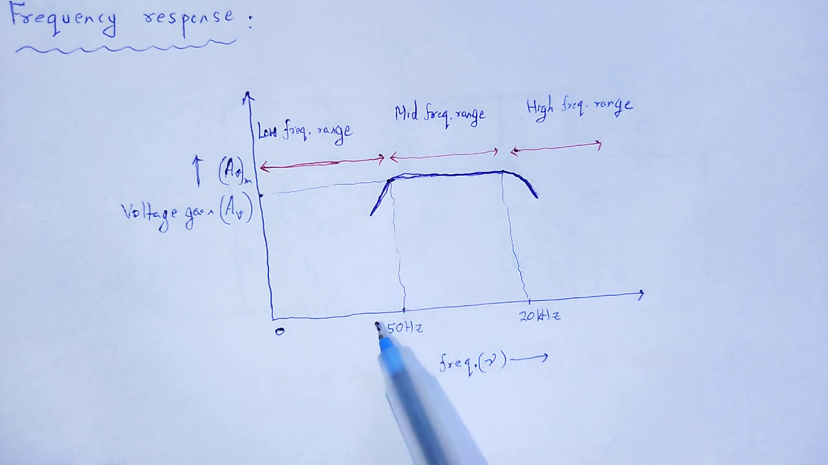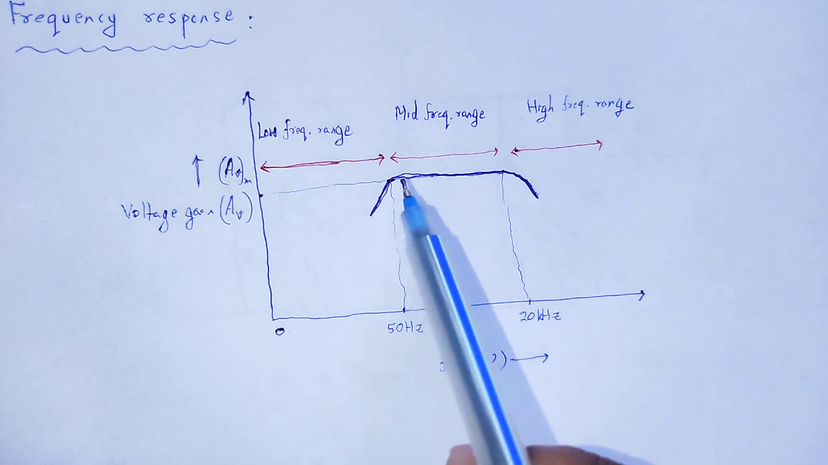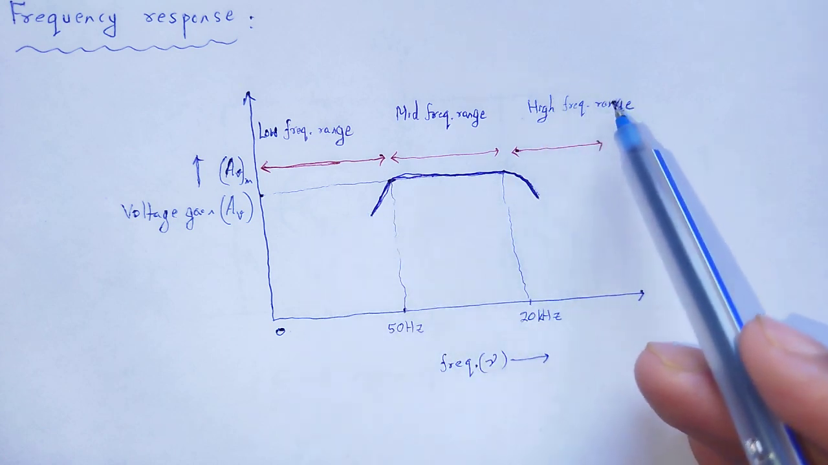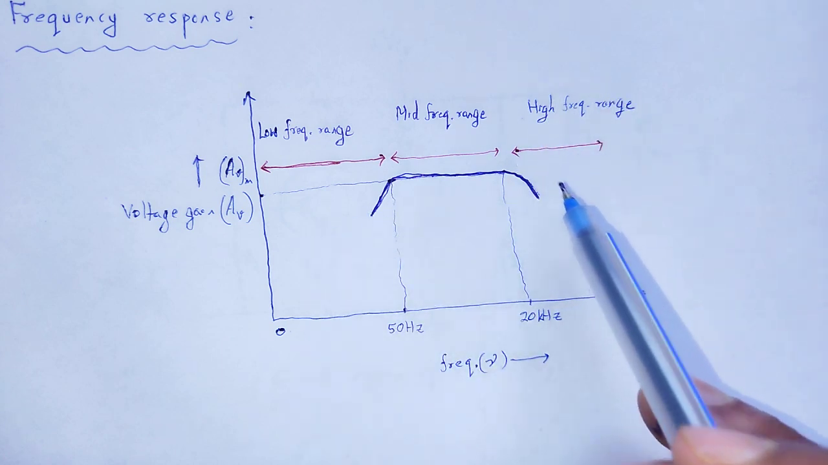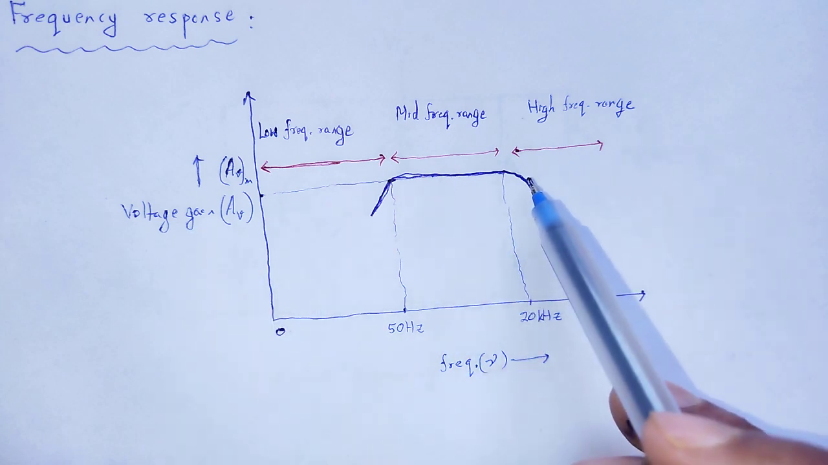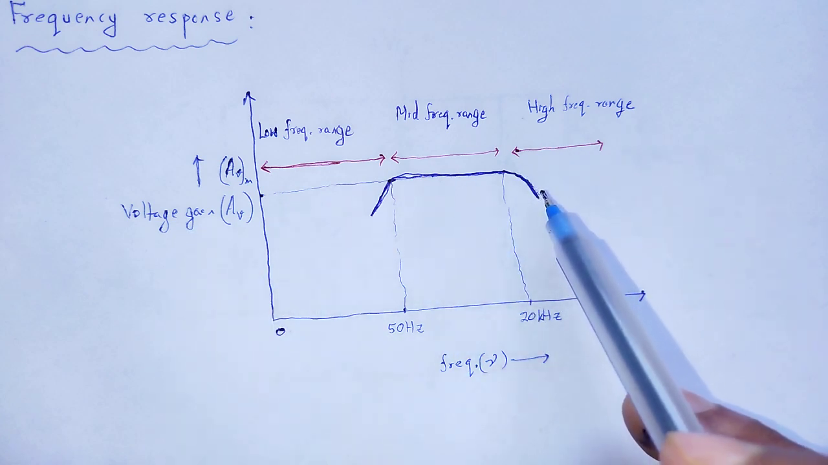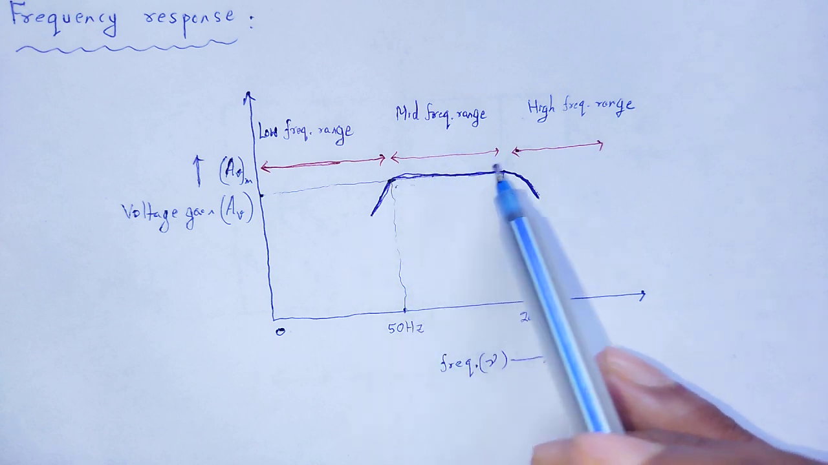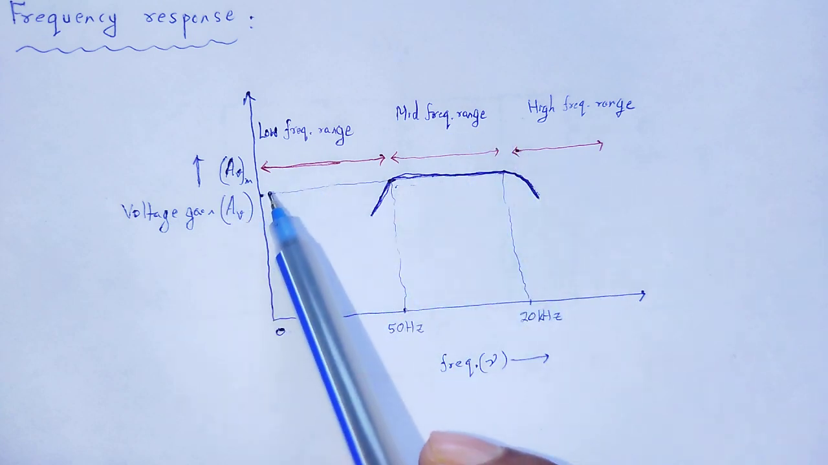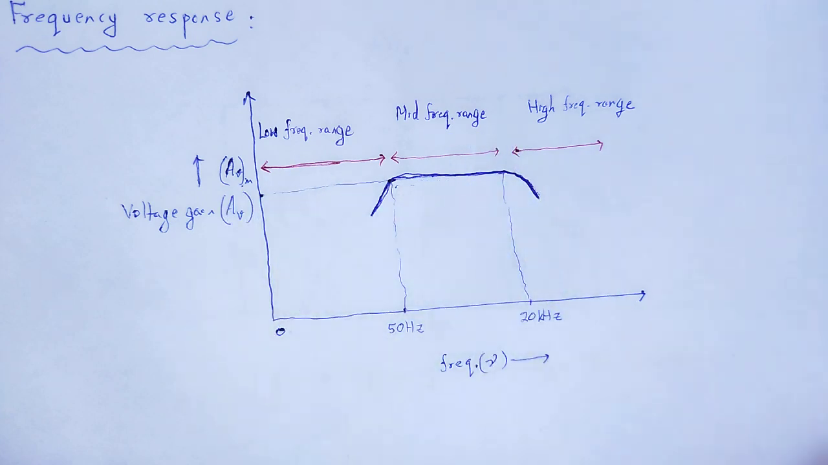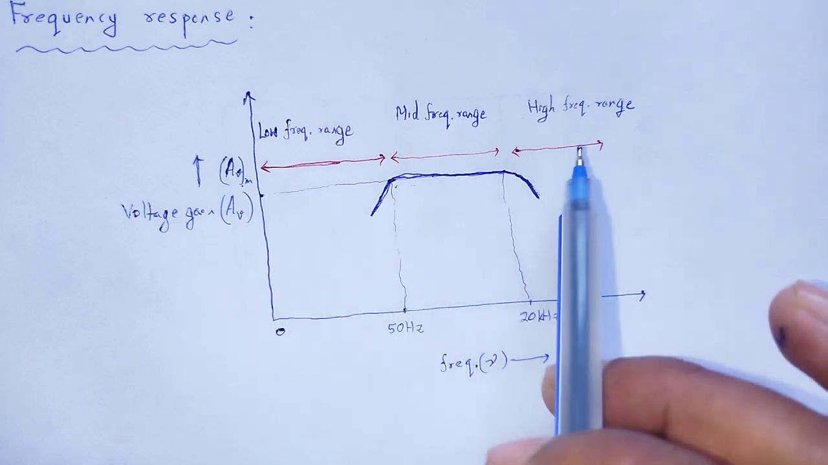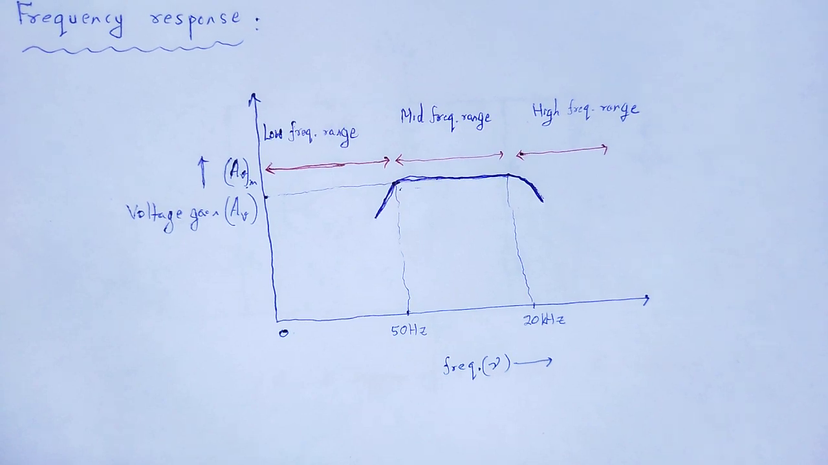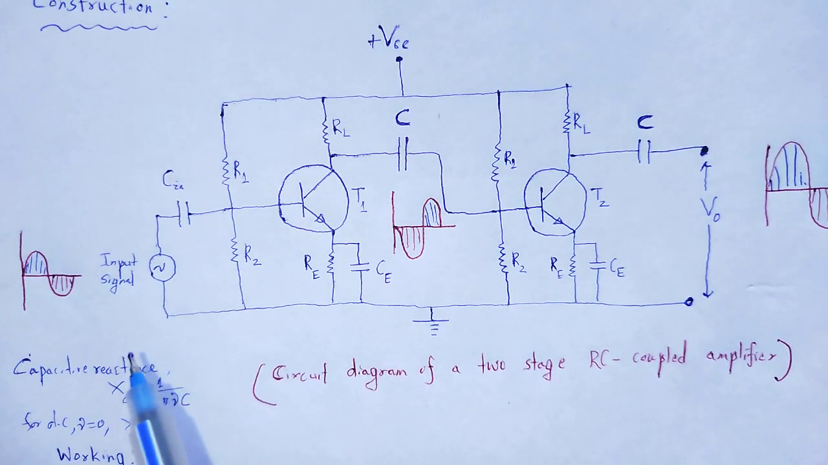In the low frequency range below 50 Hz, the voltage gain is low, and in the high frequency range above 20 kilohertz, again the voltage gain is low. But in the region 50 Hz to 20 kilohertz, the mid frequency range, we obtain the maximum, stable voltage gain, and that voltage gain with frequency we can easily analyze by using the expression